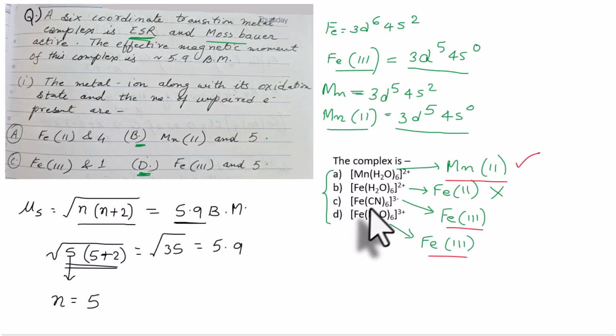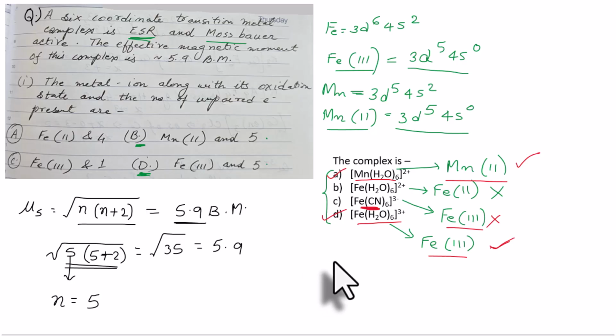But option C has a strong field ligand which will have a tendency to pair up the Fe electrons. The probability of 5 unpaired electrons in this complex will be less. So this option is also neglected. So any of these two can be the complexes, either Fe(H2O)6 3+ or Mn(H2O)6 2+. So out of these, A or D could be the correct answer, but in all probability, according to the scientific data we have,